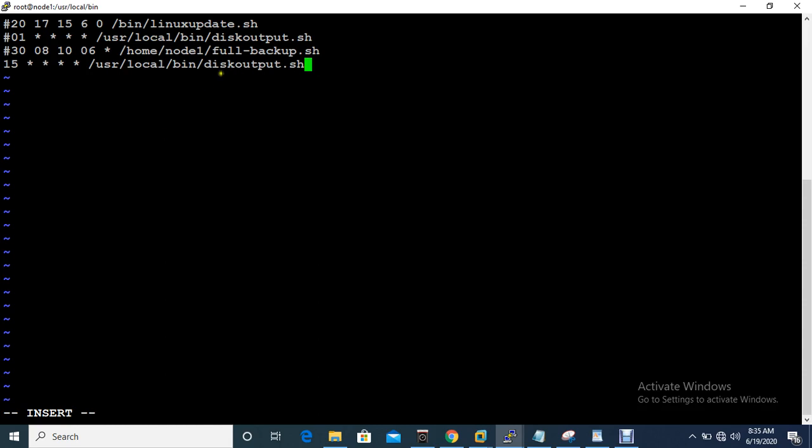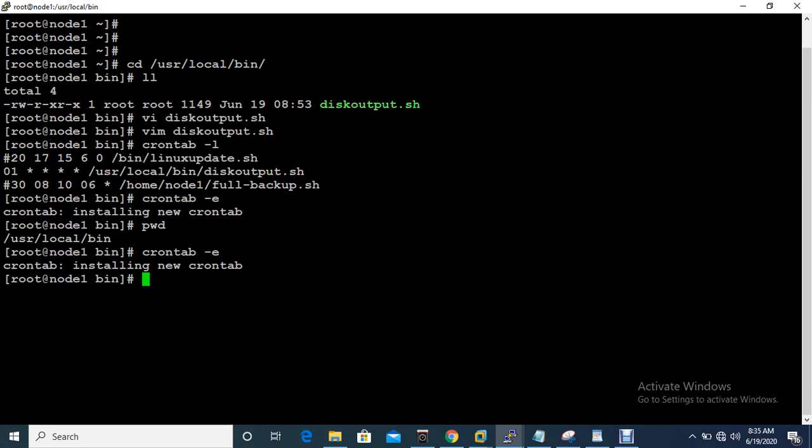So this is the path. I want to run this program disk_output.sh every 15 minutes. So you give 15 here, and for the rest of the columns you give a star, and then you can save this file.